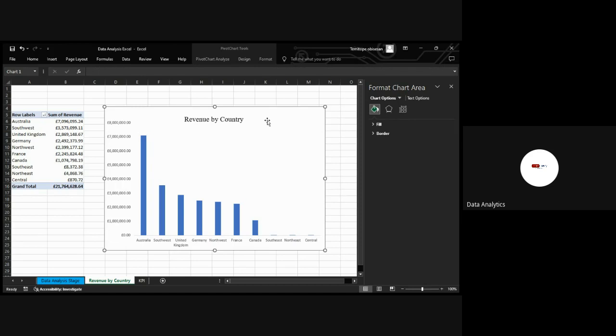Now there's something called data labels. If you look at your y-axis, you have the range of revenues, total revenue. But I want each country to carry their own revenue on their head. Those are called data labels. So what I'm going to do is